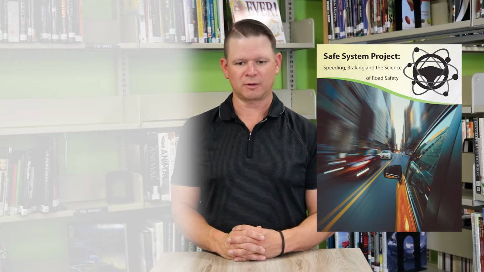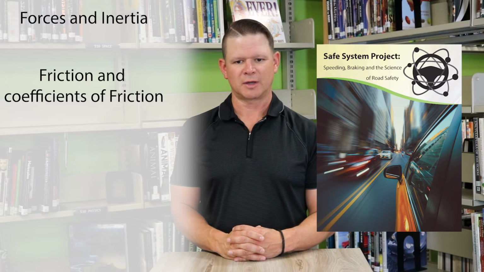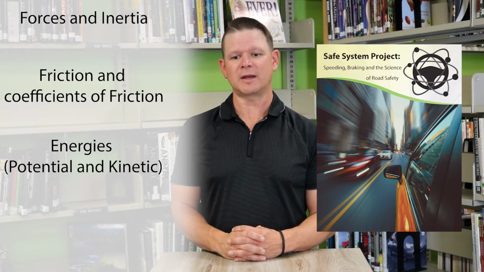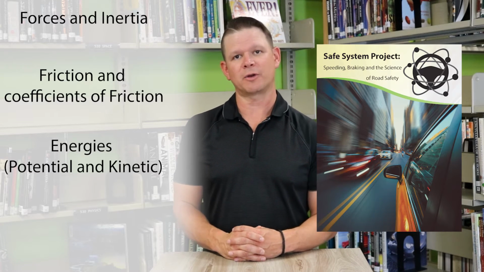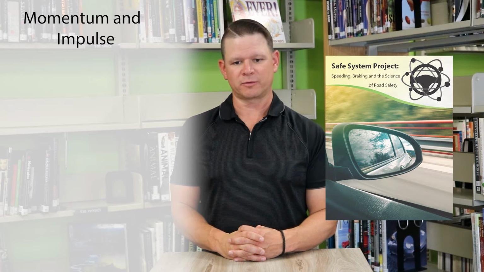Module 2 focuses more on the 20 level material, things like forces and inertia, friction and coefficients of friction, energies such as potential and kinetic energies, and the effect that speed has on kinetic energy and how it is proportional to speed squared. Module 3 is focused more for the 30 levels, where we focus on momentum and impulse, and the